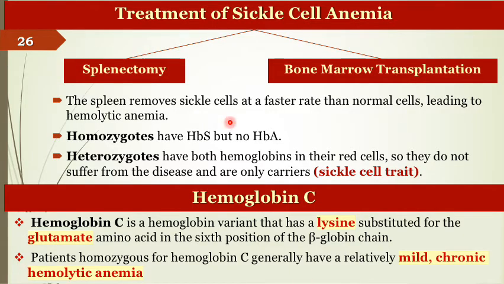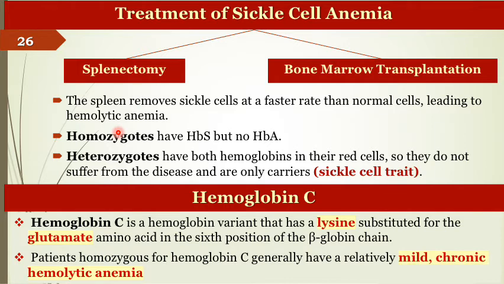What is the treatment of sickle cell anemia? The treatment is not written in your book, but I have written it here for you. To remove the spleen, because the rigid sickle-shaped RBCs will be destroyed in the spleen. So removal of the spleen will protect the patient from hemolysis. Another line of treatment is bone marrow transplantation. The bone marrow is the factory which synthesizes RBCs. So if we remove the bone marrow of the patient and give him a new bone marrow from a healthy donor, he will have normal blood and normal hemoglobin.